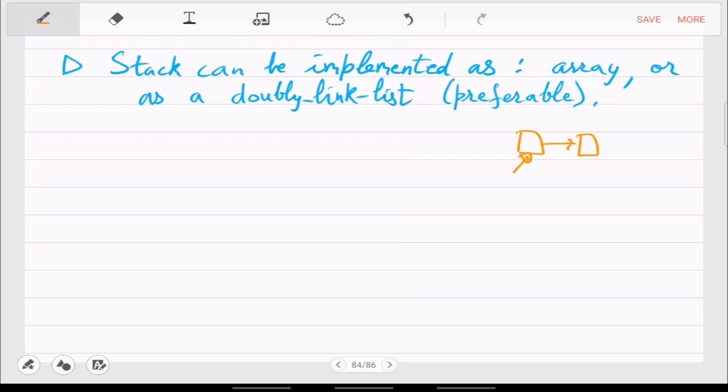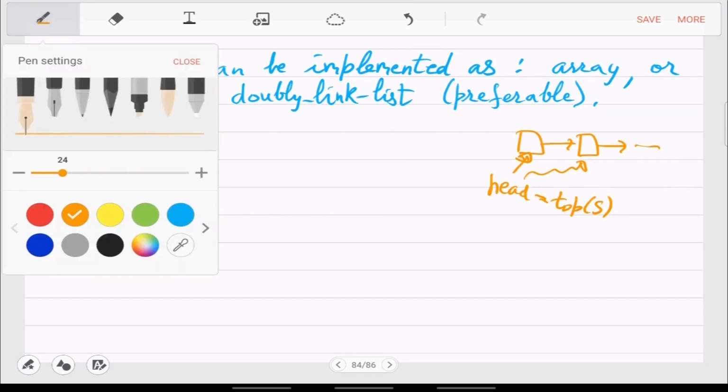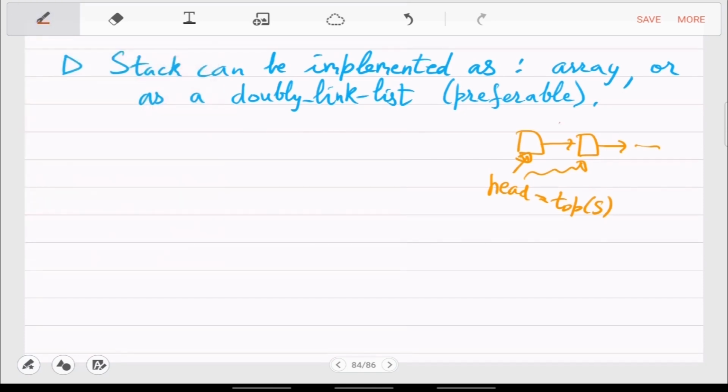If this is the head of the linked list, which we are also calling the top of the stack, then when you want to pop, the head goes away and the head is updated to this next node. Because you can always store this: before killing the head, you store what it points to.